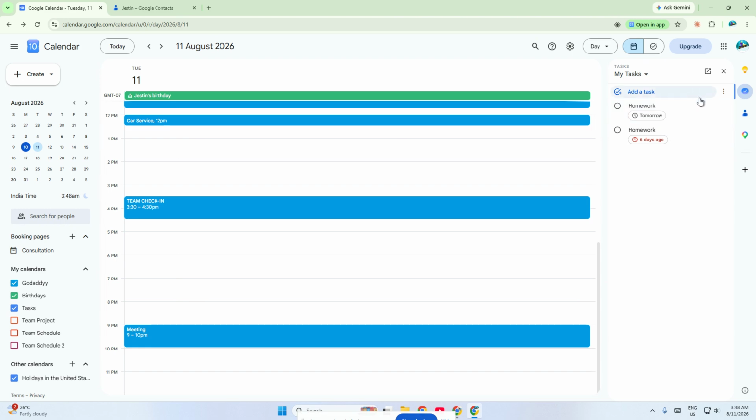This is the More Options menu for that task. Click those three dots to open the additional actions available. From the menu that appears, click Delete. Google Calendar will remove that task from your list right away. In most cases, the task disappears immediately after you confirm the deletion, so there's no extra complicated step involved,